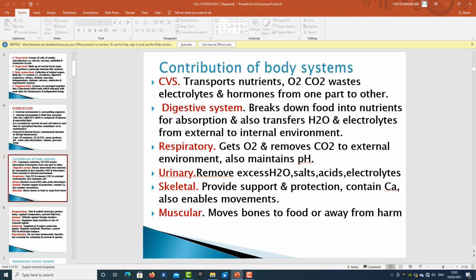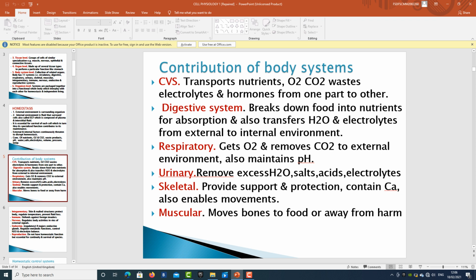Now, let's take an example to make you clear about what this homeostasis is, and how it is contributing to our normal healthy functioning of the body. We should be knowing it according to some of the different examples of the system. Now let's take them one by one. You will be able to relate the things later on, how it is possible. Later on, you are going to learn in detail about how the cardiovascular system works.